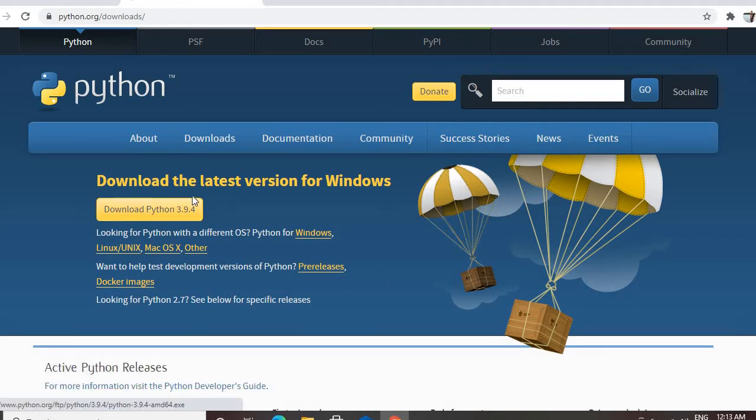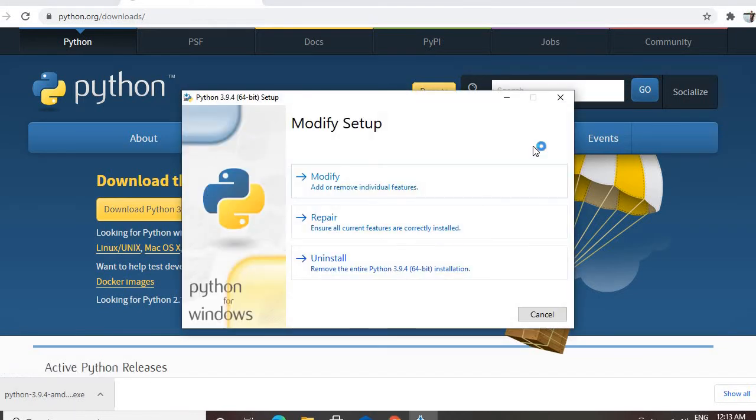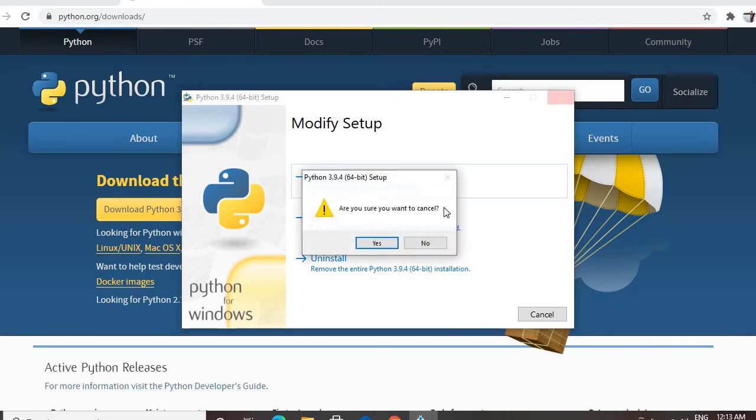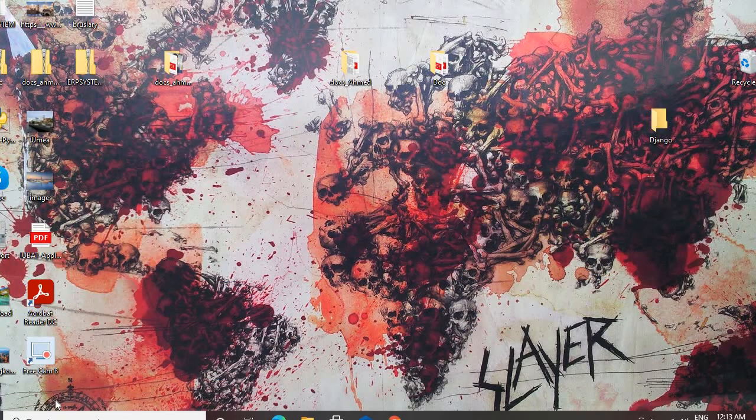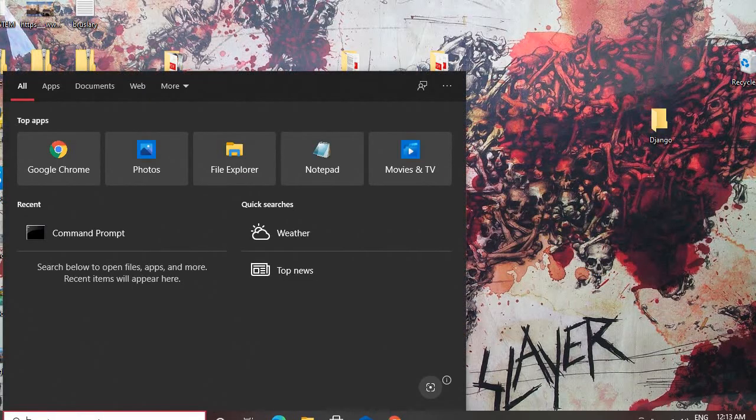Just hit the download button and just click here for installation. I already installed it in my computer and I don't want to install it again. It's a really simple installation process. Just follow the steps. Then I will open the CMD prompt